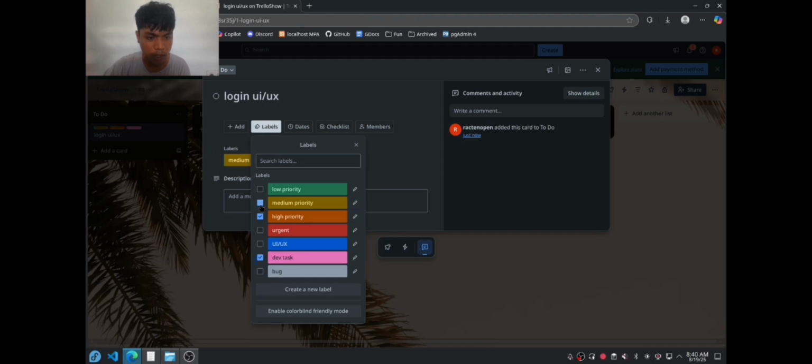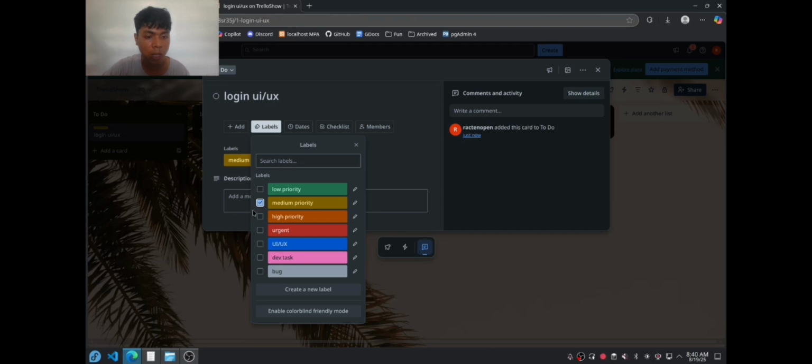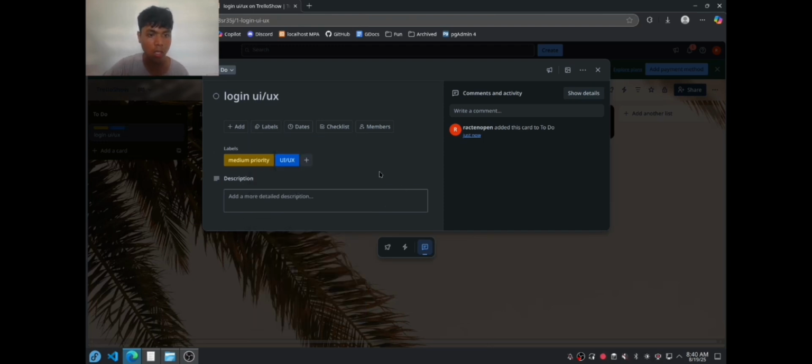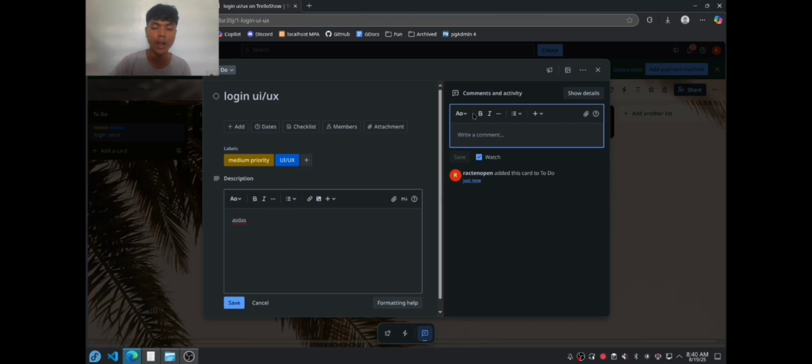So let's say this is the UI UX in your project, and you can say this is a medium priority and this is a UI UX, and you can add a description here, and other people in this board can write a comment.